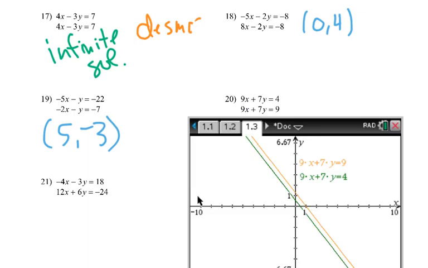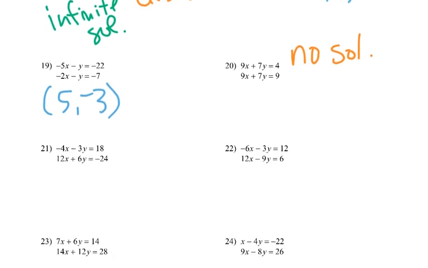Or number 20, which this one we can see there's parallel lines, so parallel lines mean there's no solution. Or again, we don't have to, we can do them by hand. Notice I can't get those to match up, but 3 I could double, right? So if I double the top equation,